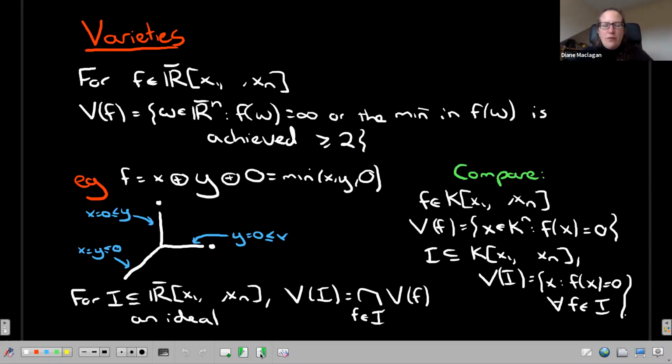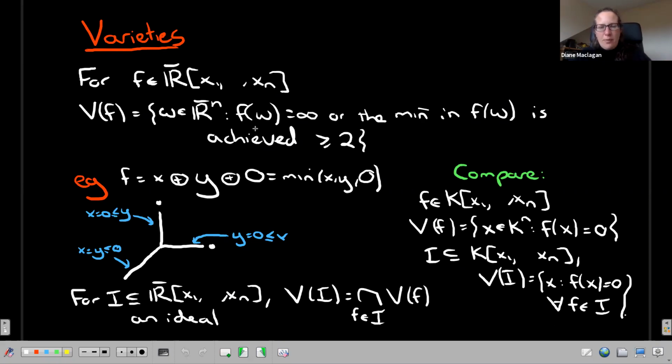I want to come briefly, though, to more variables, because it's the stock in trade of an algebraic geometer to think about solutions to polynomials not in one variable, but in more variables. So we're going to look first at the tropical hypersurface. A usual hypersurface is just the set of solutions to one polynomial equation in more variables.